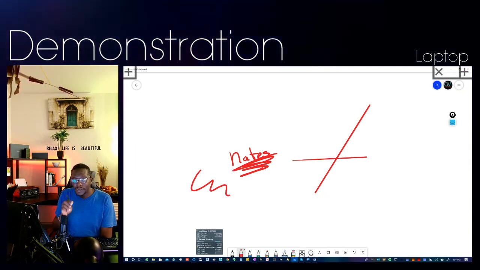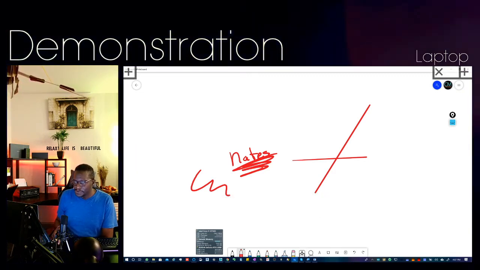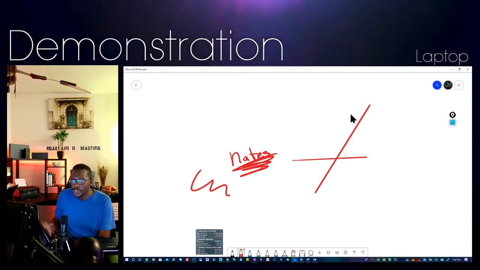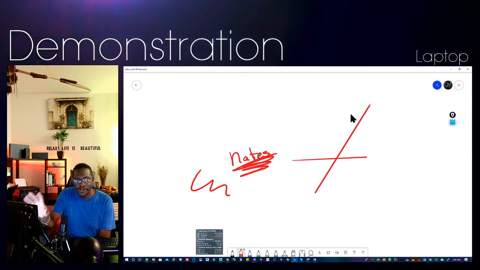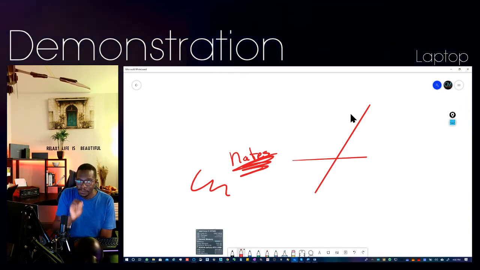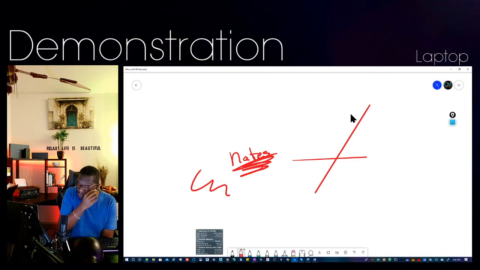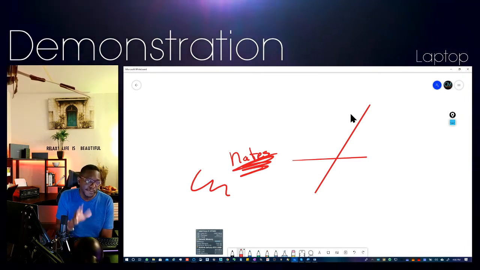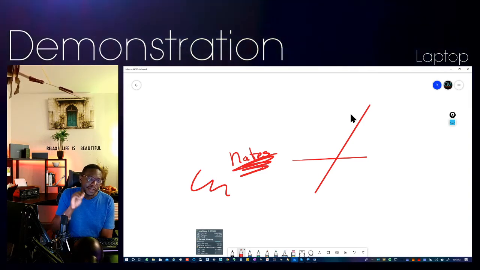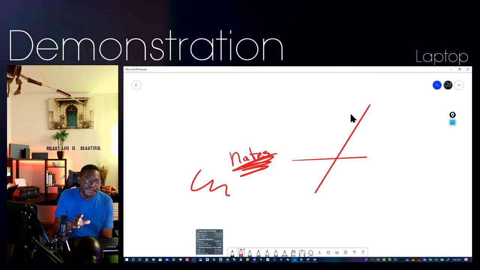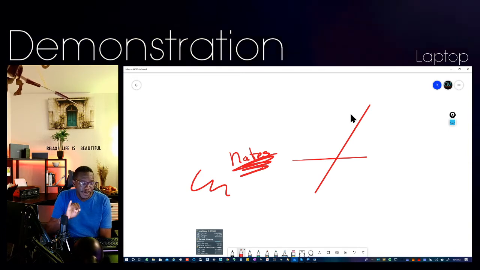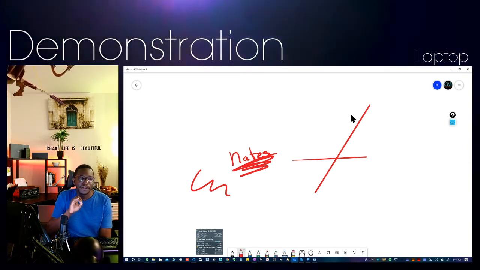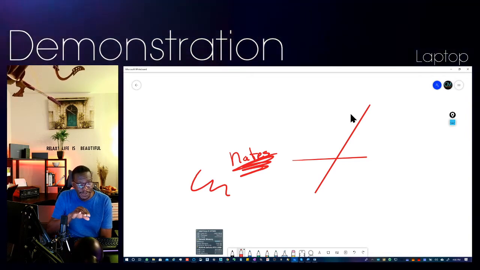Now, the great advantage with collaborating in Whiteboard is the ability to share just this whiteboard instantly with other persons. Now, it's important to note that Whiteboard is currently only available for Windows 10 computers and Apple iPads. So it's not available for Android, and it's not available for Apple desktops and laptops, right?